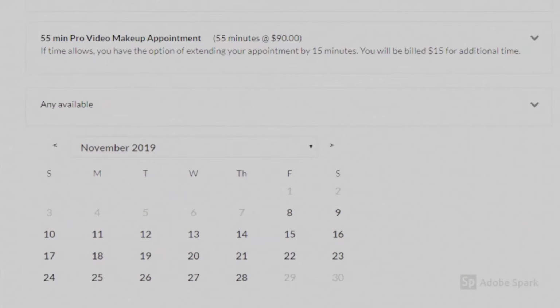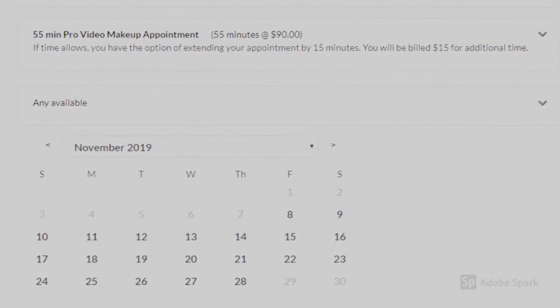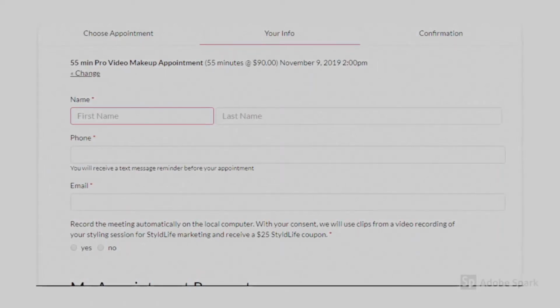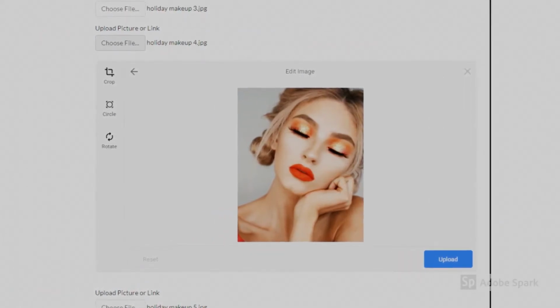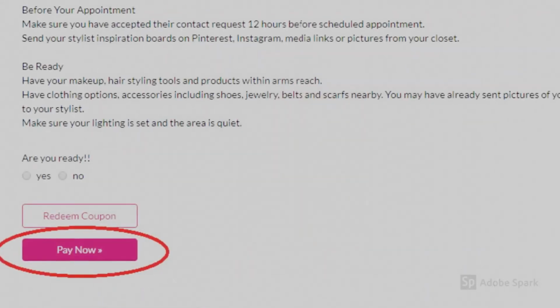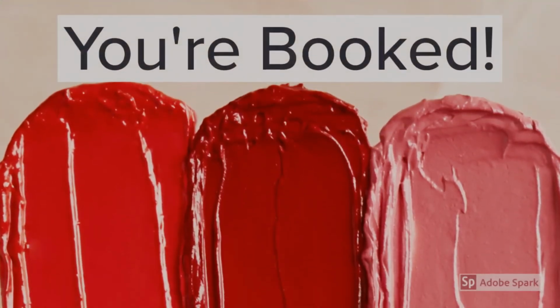Don't forget to fill in the date and time you want to set the appointment. From there, tell us a little bit more about yourself and the look you're wanting to achieve. You can even attach pictures to give the stylist some inspiration. And it's that simple. Make sure to confirm your appointment by clicking Pay Now, and you should receive a confirmation